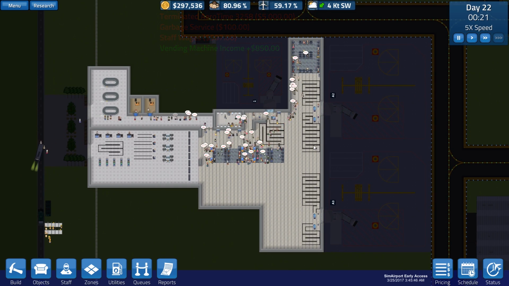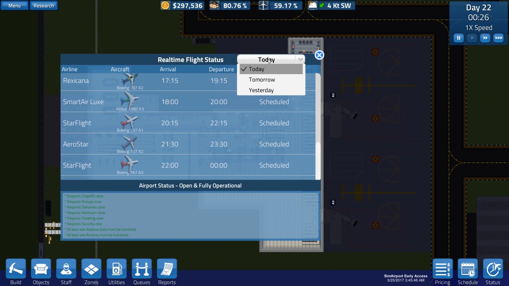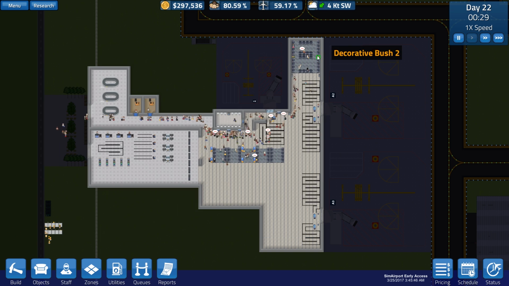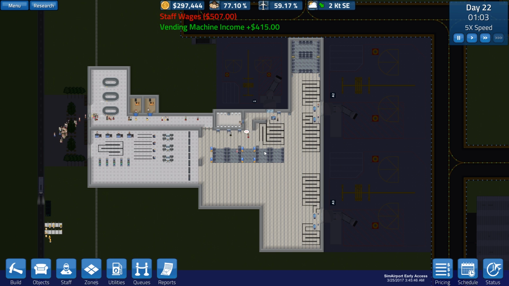And something just happened. What happened? Let's go to yesterday. Something got canceled. Failed to reserve gate. Okay. You know what? I'm going to let it slide this time. We're going to see if it's an issue tomorrow. Hopefully it won't be. I'm thinking we need to...